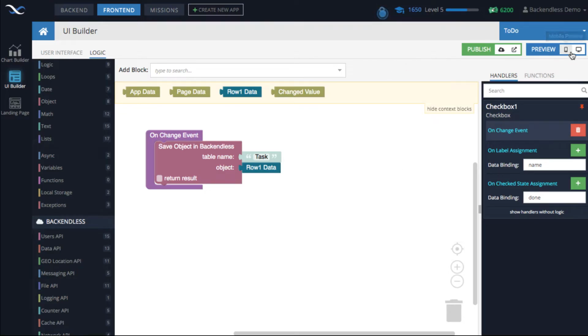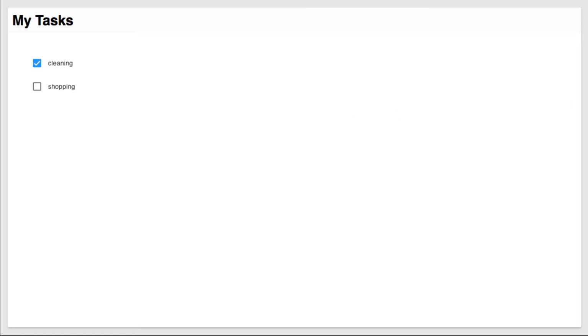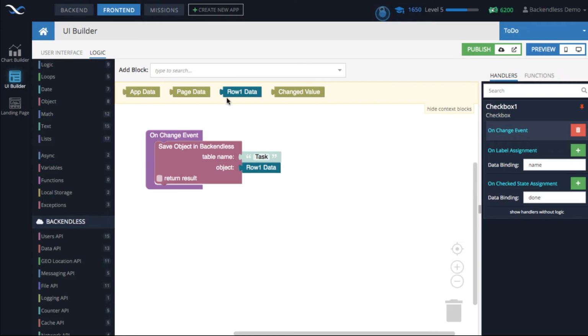Okay, remember when I showed you in here what we get from the server, those were individual objects. So row 1 data in this Codeless block represents a specific object. Whenever you click on the checkbox, then because of this assignment, because of this data binding, the done property in row 1 data, which is going to be the actual to-do item, will be updated. So if I select the checkbox, then the done property will be true. If I deselect the checkbox, then the done property is going to be false. So this way, this row 1 data is already an updated object that we just want to flush to the database.